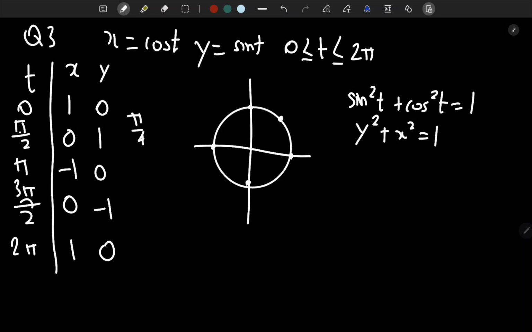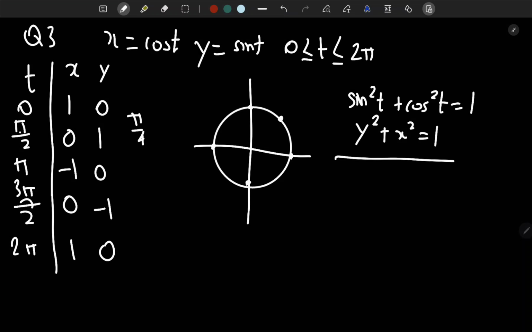So there are multiple methods. You can take a point between 0 and pi over 2, pi over 4, and if you get, let's say, an x value which is on the circle, this means it's a circle. If it's here, this means a straight line, or this point. So yeah,